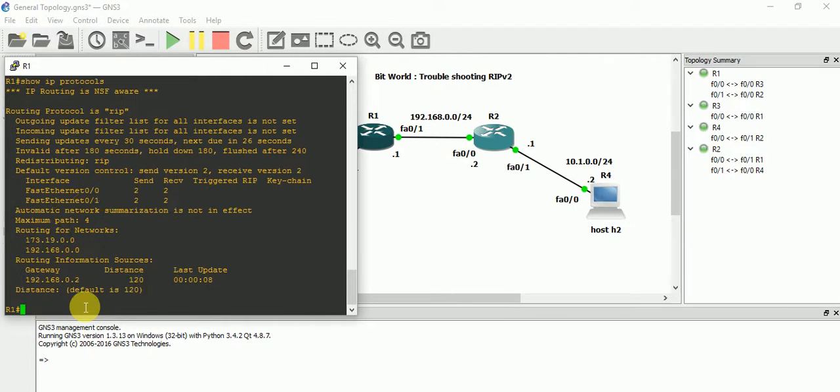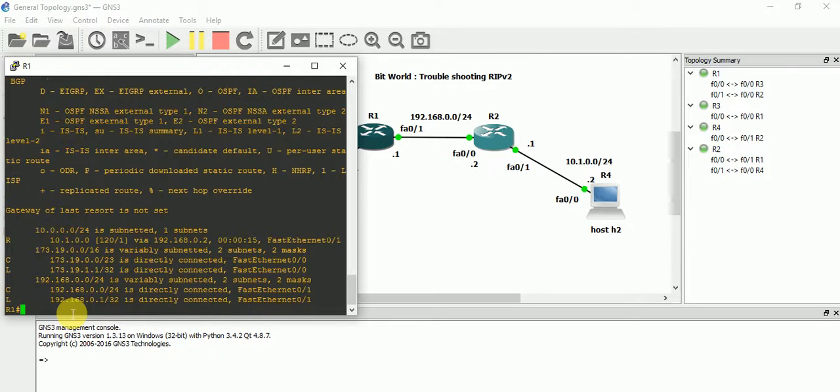It will show me that my router protocol RIP is working, and the auto network summarization is not in effect, and the two networks which it is advertising are 173.19.0.0 and 192.168. So in this way you can get to know which protocol is working on your router, as well as if you go to show ip route, then you can see that